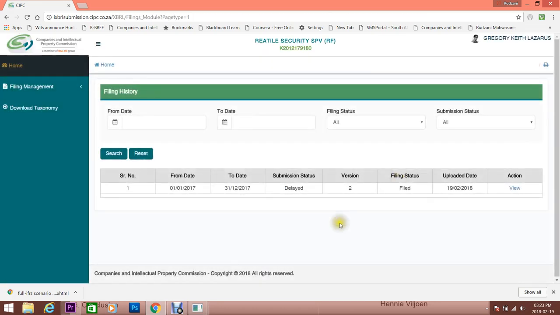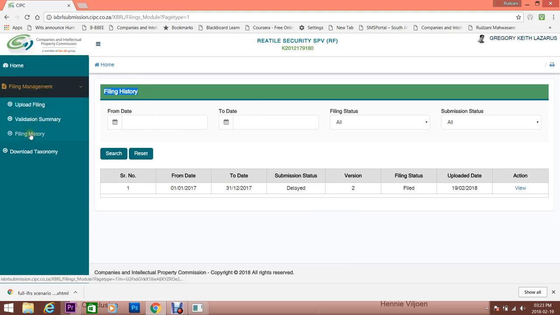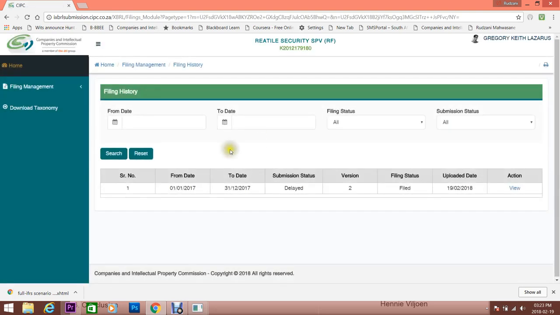I'm just clicking on it. It moves me to the filing history. Now as I can see, the same can be accessed from the menu on the left. Now as you can see, we had uploaded 2 files, but only one file has been added in here, which tells that whichever upload is successful will be displayed here. So this particular filing has been sent to CIPC, and that's why it's been added in here. As you can see, the action column has a view button. If you can click on that,